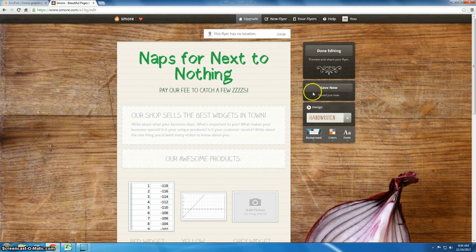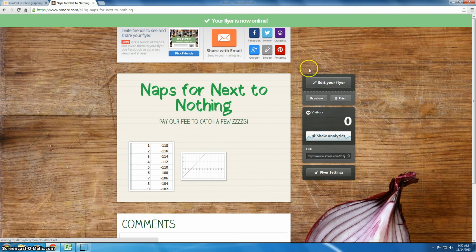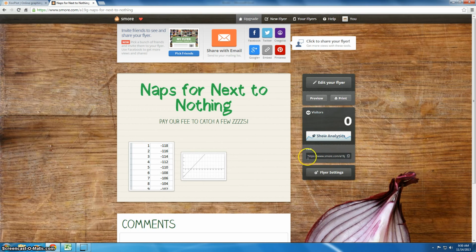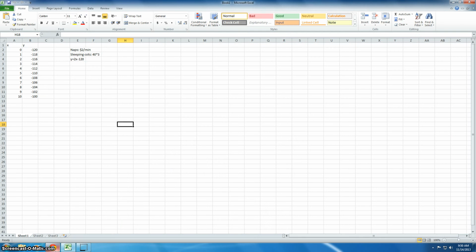When you are finished and your Smore flyer looks exactly the way that you want it to, you're going to turn it in by saving it, and it does save relatively frequently. And then when you're finished, you will click on Done Editing. Once you click on Done Editing, it says that your flyer is now online. So what you can do then is notice the link over here on the right. You can copy that link and then open your email. And once you have your email open, you will email your link to